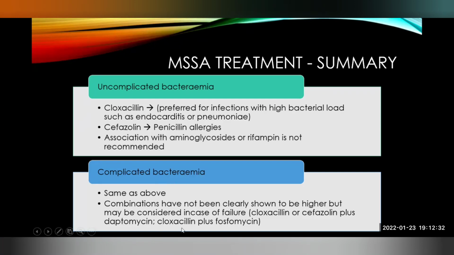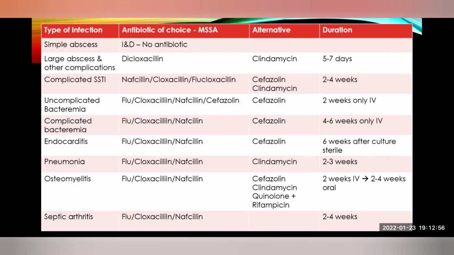And regarding the role of combination therapy in case of MSSA, there is no clear evidence showing that combination should be given, but in case there is a failure of therapy, you can use cloxacillin or cefazolin plus daptomycin, or cloxacillin plus fosfomycin. Again, there are not many studies on this. Most of them will respond with monotherapy. There is no role of combination therapy. So this is one summary table which I have made. Again, I'll be trying to cover most of these infections, particularly when I am discussing the next topic,